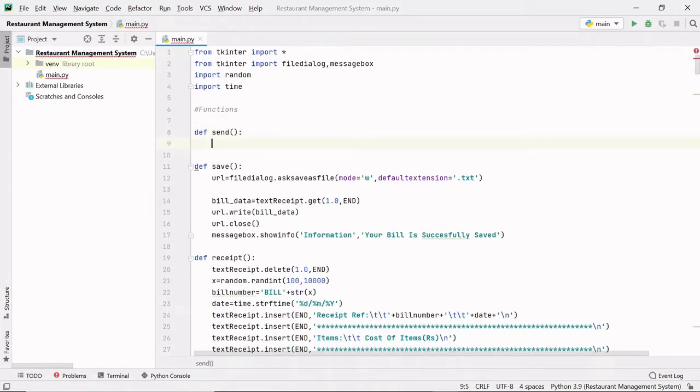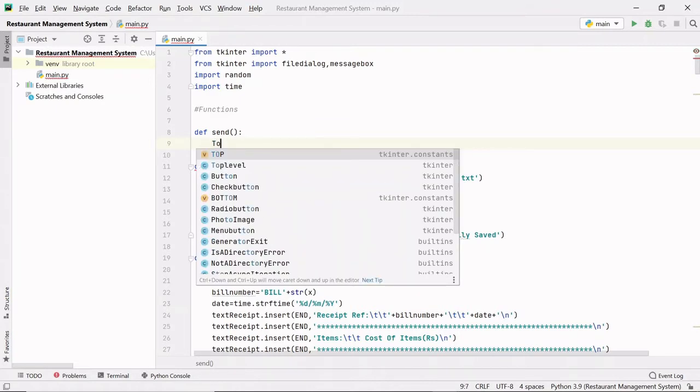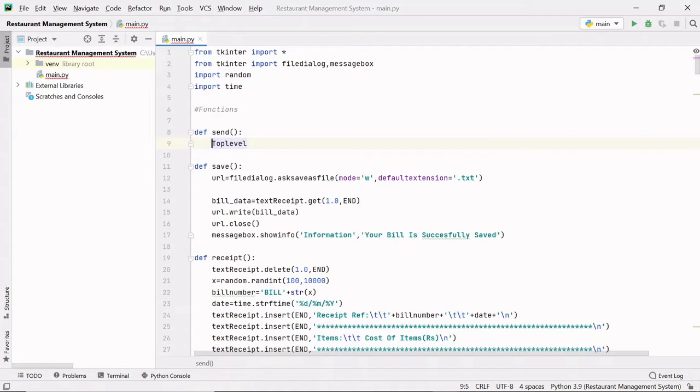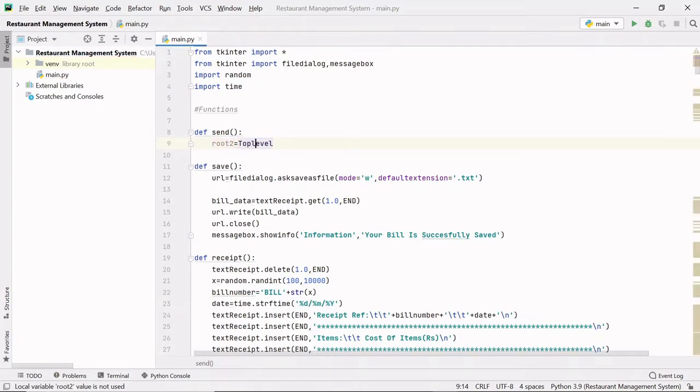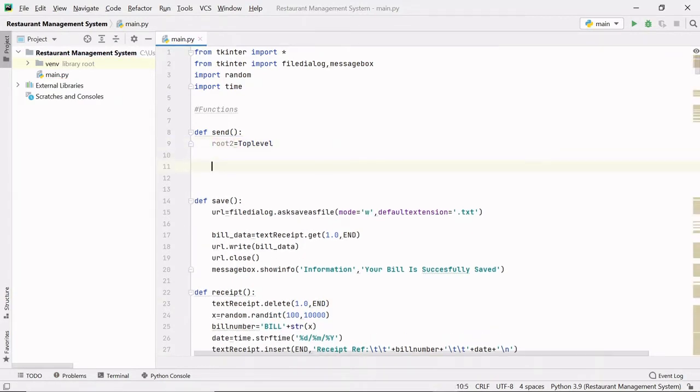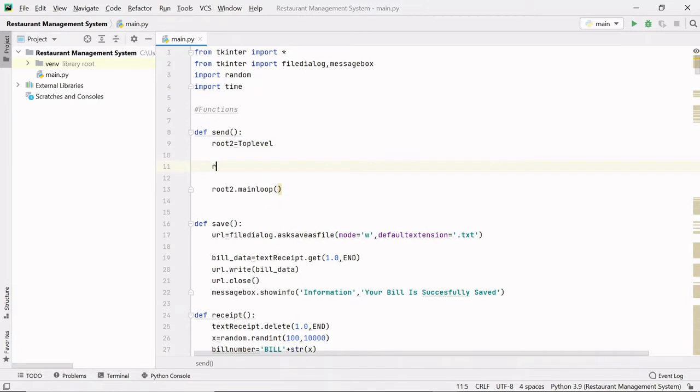Firstly we will be creating a window on top of our main window. That window can be created with the help of the Toplevel class. We just have to create an object of this Toplevel. I'll give the object variable as root2. You can give any name of your choice. Now we again have to keep this top level window on hold so that we can see it continuously. For that we have to use the mainloop method, which is also present in the Tk class. All the methods present inside the Tk class are present inside this Toplevel class as well.